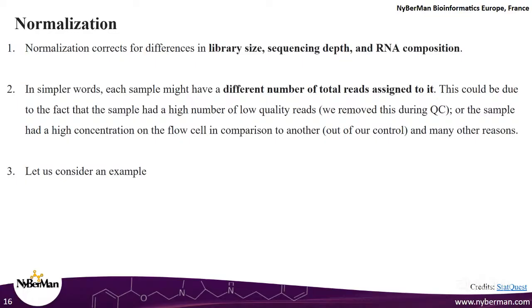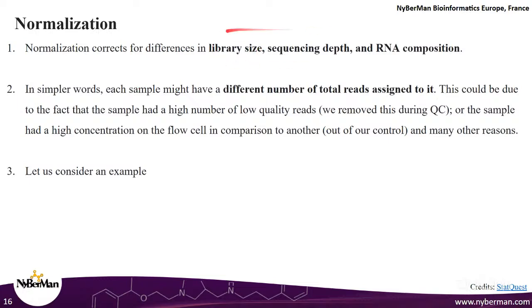Okay, very simply put, normalization is the method by which you are leveling the playing field for each and every gene and each and every sample, so that all of them are the same to your statistical framework. Okay, you don't want to bias your statistical analysis. That is why you do something known as normalization. Okay, so basically it's a correction method. Okay, it corrects for stuff such as